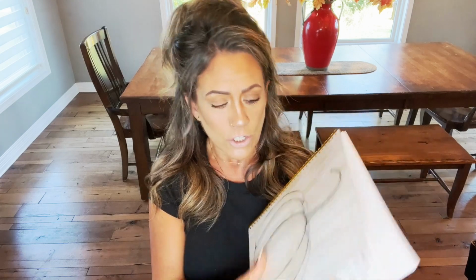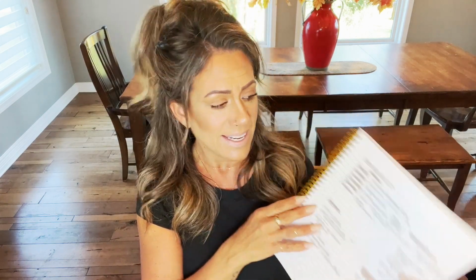So there's that. That's how I use this, and I love it. So be looking out too for Christmas spirals. It should be coming out here early November, so that'll be fun. So you can grab those. But I just love working in them. The paper is divine. It's got beautiful gold coil, and it's just a beautiful thing. And I like looking back at it. I just do. It's all filled, it's highlighted. It's a busy, working, intentional, functional way to use